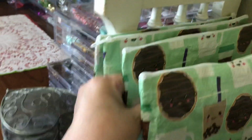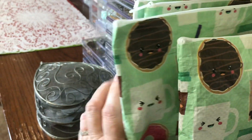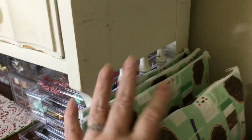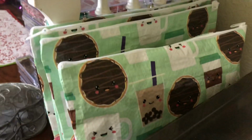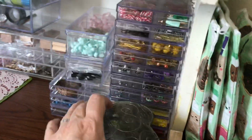And then these hold the acrylic packaging that I need to organize my dies and my stamps. So whenever I want to do it, it's right there. It's not, you know, somewhere put away that I can't find it. It's handy, in other words. And then if you come over here,